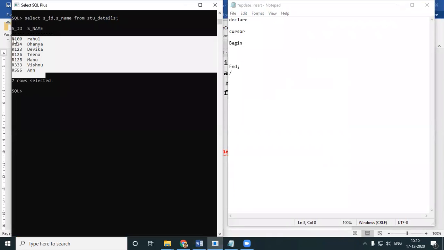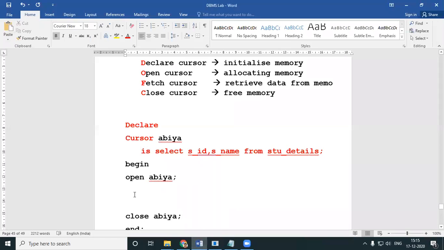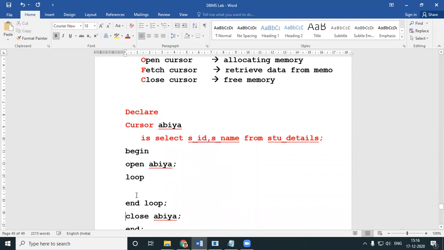My pointer should go into the first row, then the second, third, fourth, fifth, sixth, and so on, from the beginning till the end. One by one, which means very simple, I will need a loop, because I need to go from the beginning till the end. So I'll write loop, end loop.